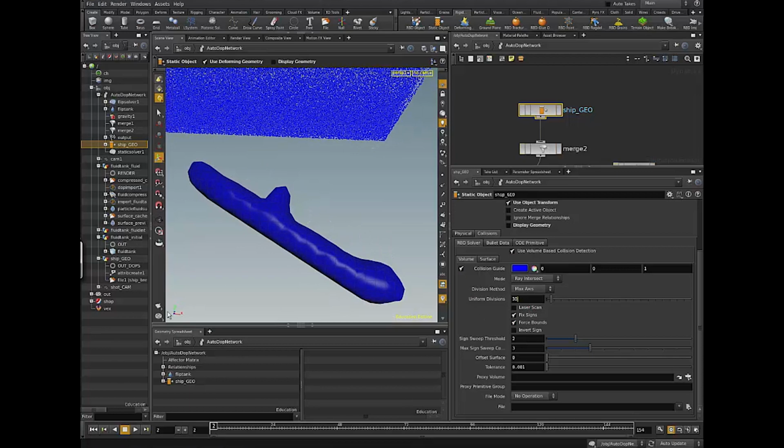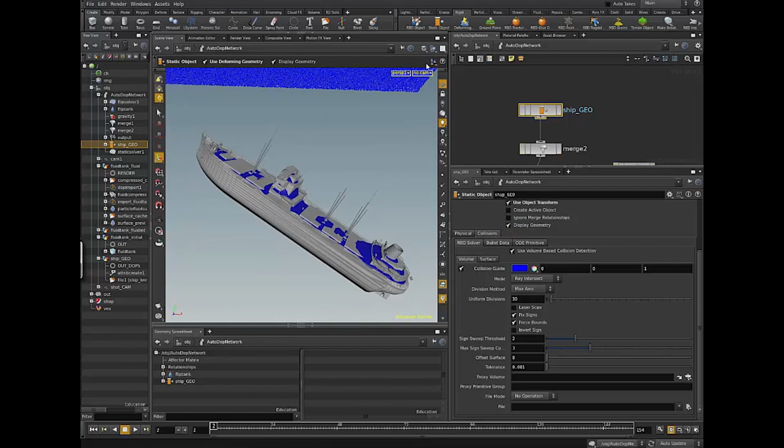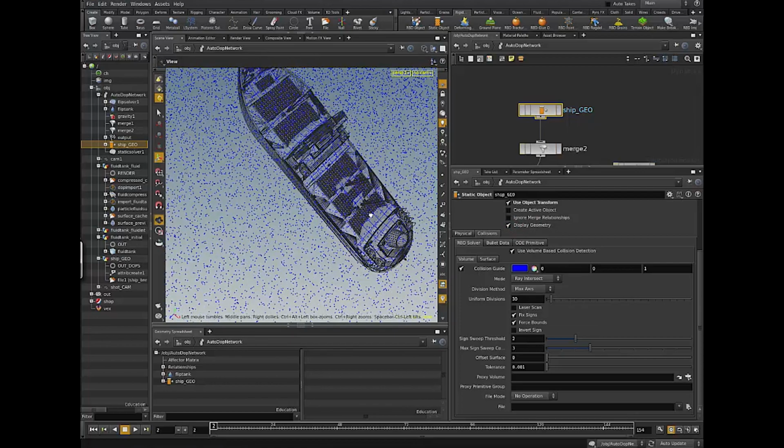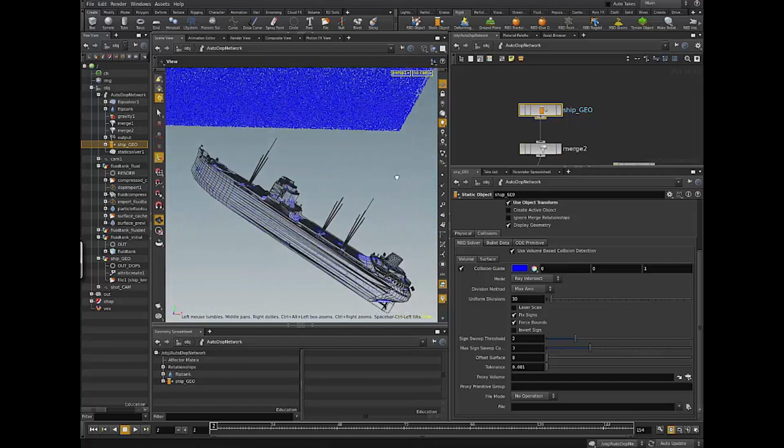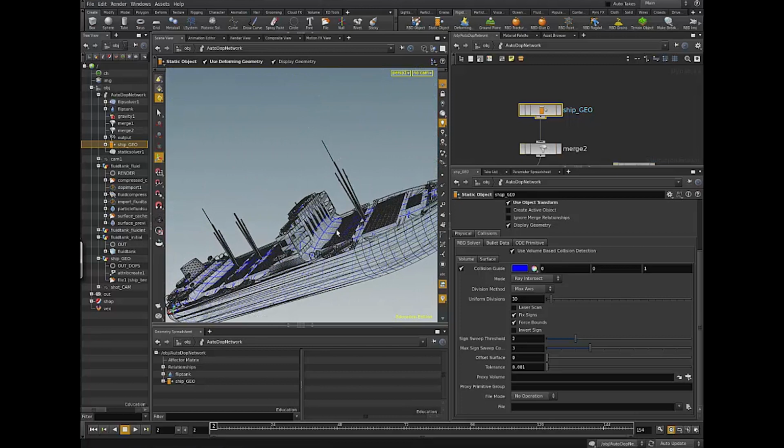It's being divided 30 times, and if I turn on display geometry again with wireframe, we're not getting a good interpretation of our actual geometry. You can see here it's because it hasn't been divided enough. If I put this up to say 90,